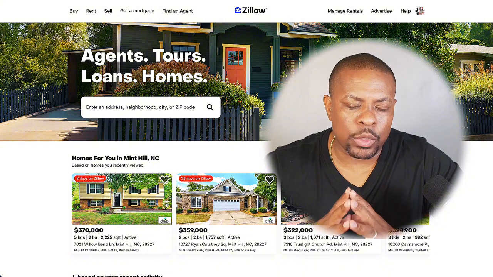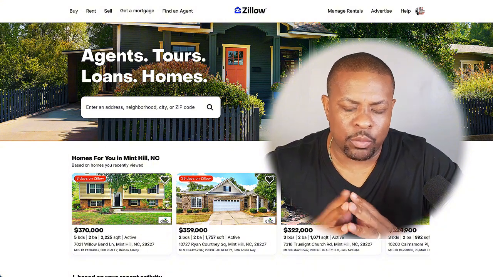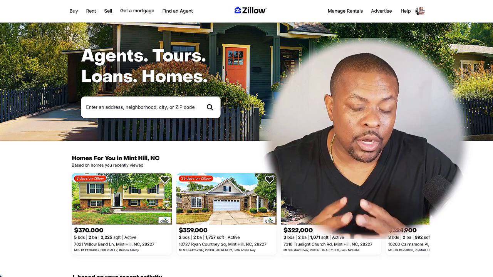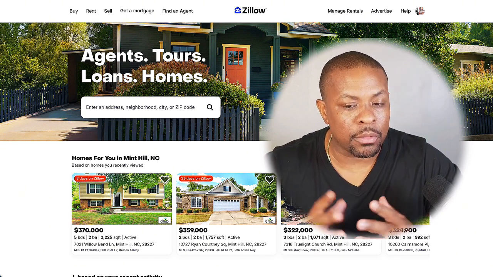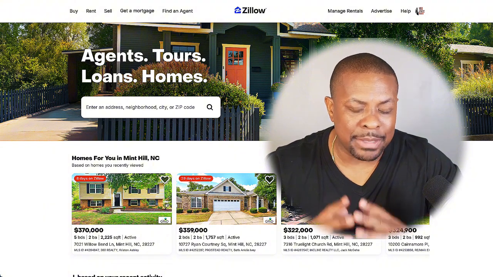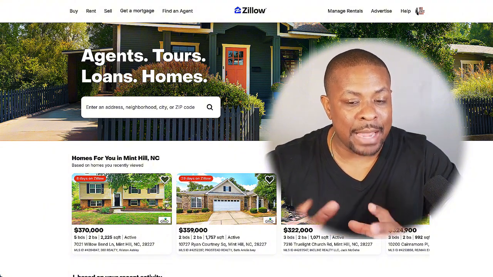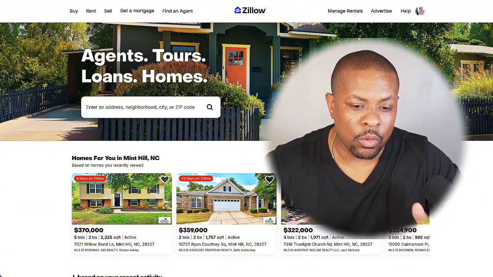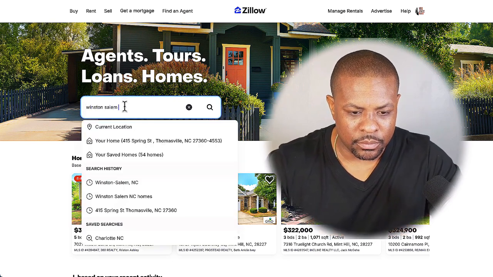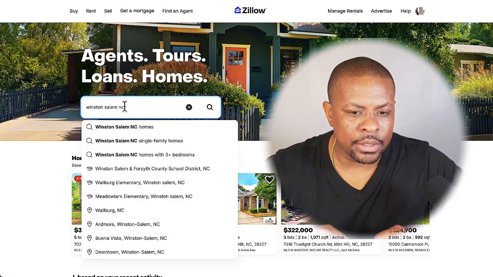Now, in order to do that, what you want to do is use the city where you're located, or just select the city that you're interested in and look up the median home price of properties in that particular area. You can literally go to Google, type in median home price in that particular city, and it'll tell you. So what we're going to do is just type in Winston-Salem,